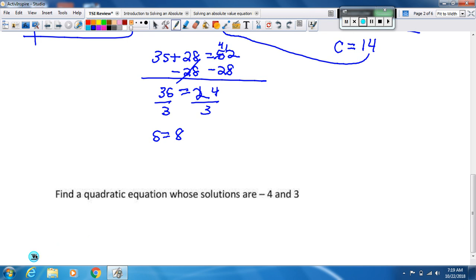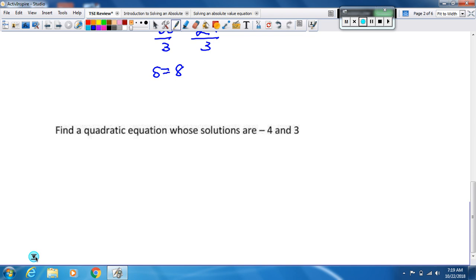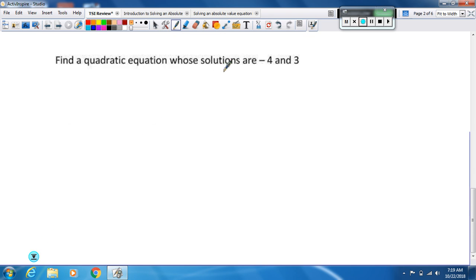Find a quadratic equation whose solutions are -4 and 3. Okay, if the solutions are -4 and 3, we can make these into factors, but you've got to put the opposites in there. So instead of a -4, you put a +4, and instead of a +3, you put a -3. And then you just use the FOIL method or the distributive property to multiply it out. So x times x is x squared,